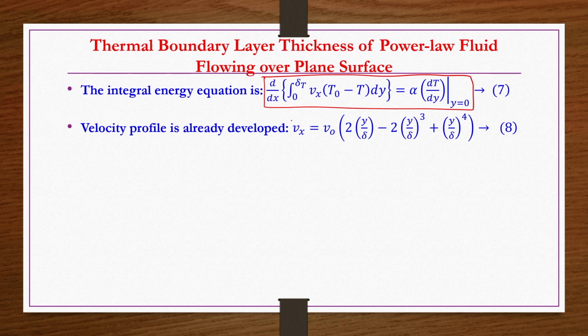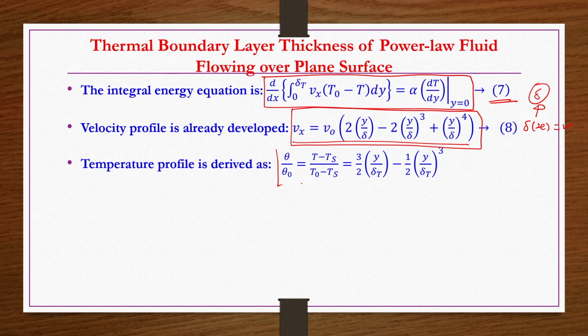Fine. The velocity profile we already took in the previous class, because we cannot do the momentum boundary layer derivation again for a different velocity profile. When you substitute T naught minus T, dT by dy and Vx in equation number 7, you also find that delta terms are there. That delta derivation we should have already done. For this velocity profile, this delta, the momentum boundary layer thickness as a function of x, we have done in the previous class, so we can adopt that as it is. The temperature profile we have just taken is this one.